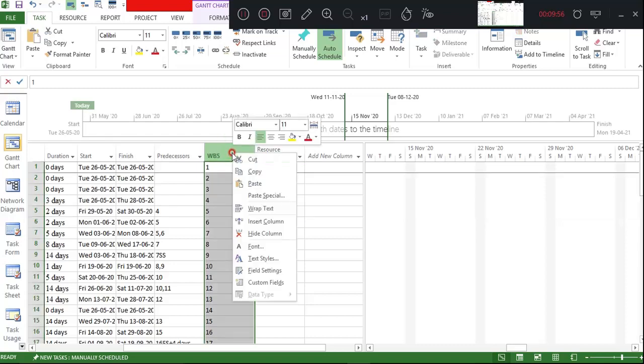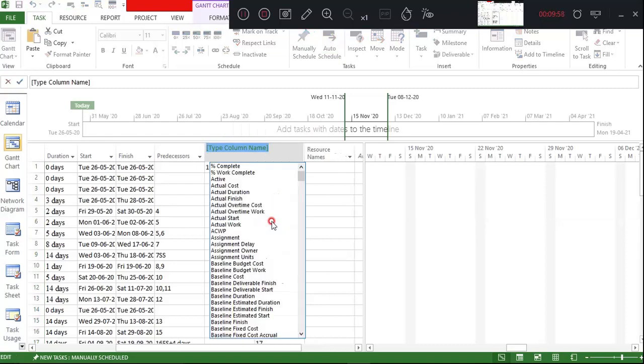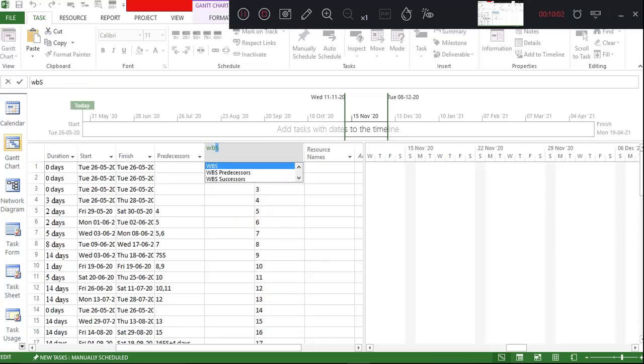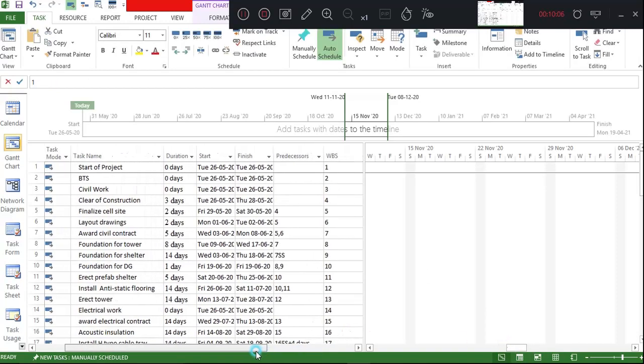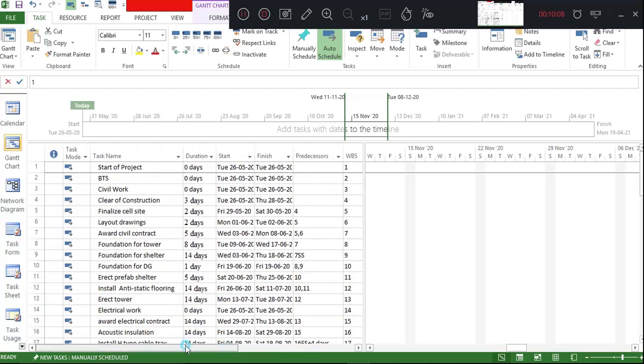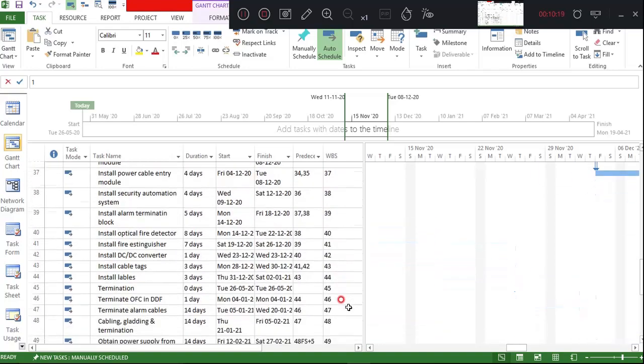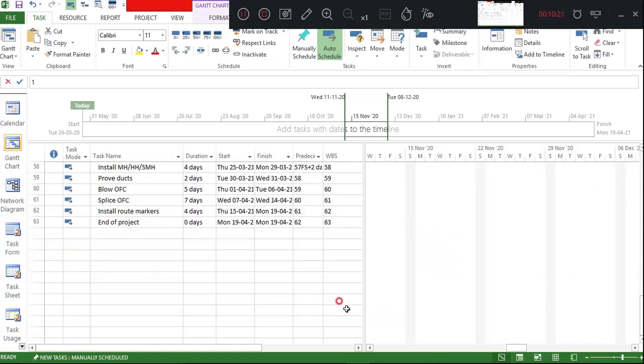I came here, I said insert column and I'll say WBS and I'll select that particular thing. Now you can check here how the WBS is generated. You are able to see the WBS code. It is just as 1, 2, 3, 4, 5, 6, 7, up to 63 activities.